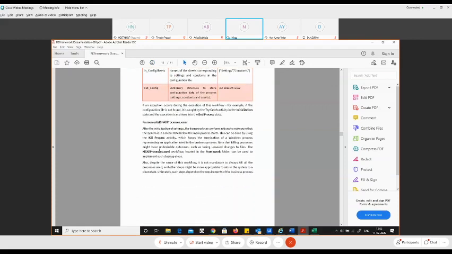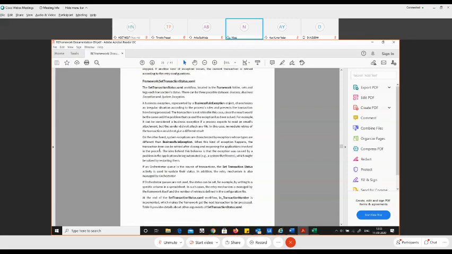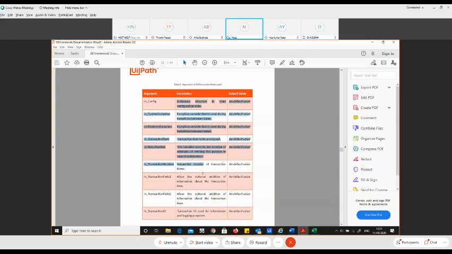All the workflows are explained in minute detail. What is that workflow responsible to do? And apart from that, it has all the arguments and variables created, what they are responsible to do, and how you can even change them. We even have a value where you can change them to other things, like changing from queue item to data table item. Those things are also mentioned in this documentation.